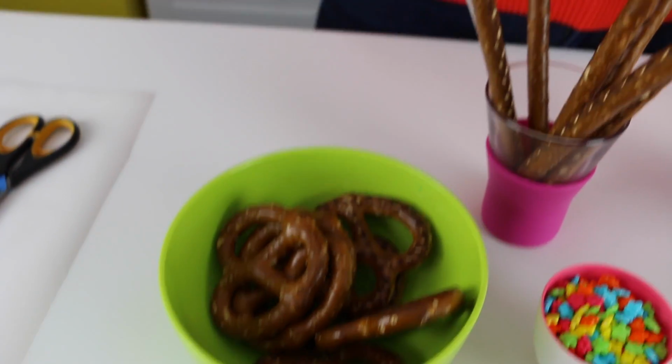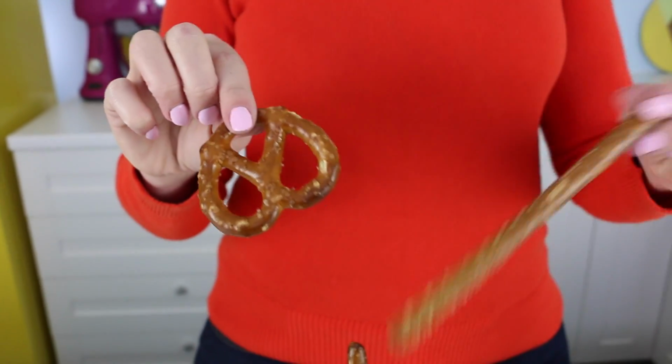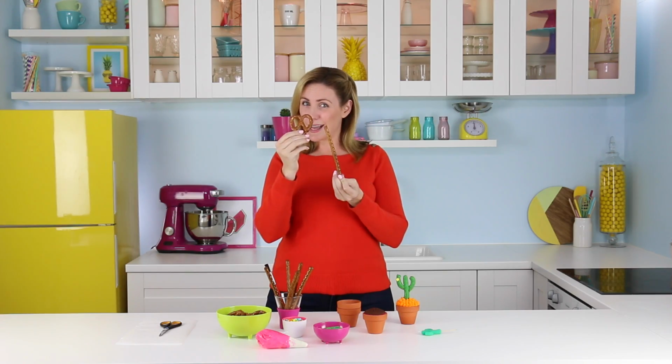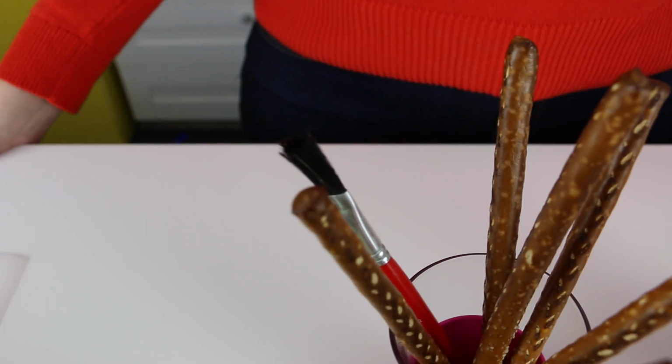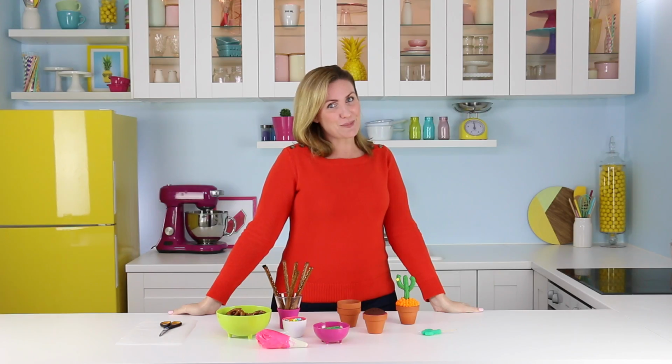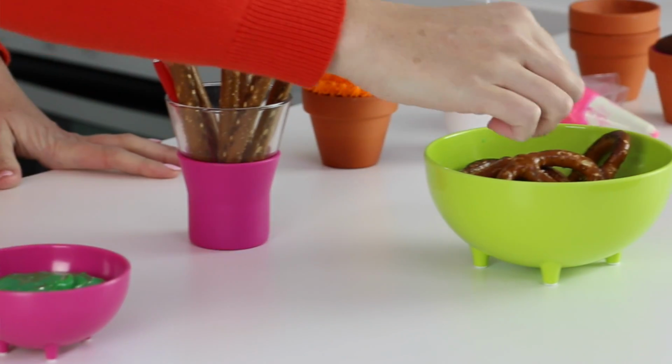I've also got some large sized pretzels and I tried to pick some that were about the same thickness as my pretzel rods. I think these ones might be Snyder's. You're gonna need a paintbrush, you're gonna need some scissors and a piece of parchment. Let's get started. The first thing that we're going to do is we're going to break up one of our